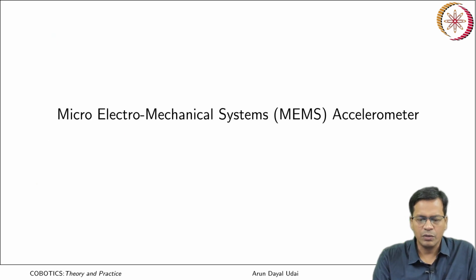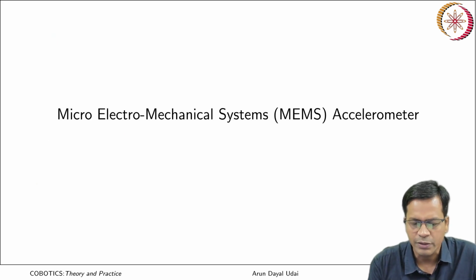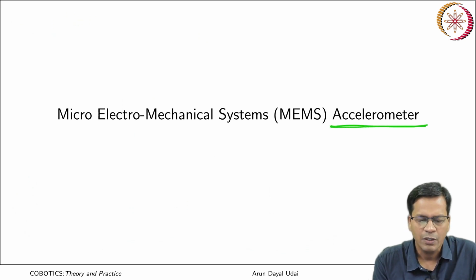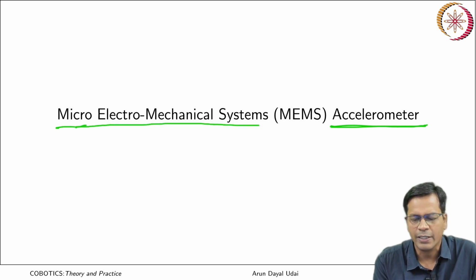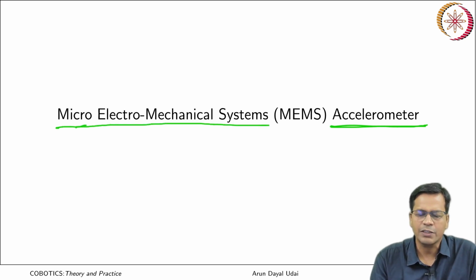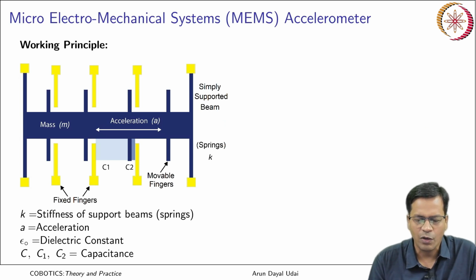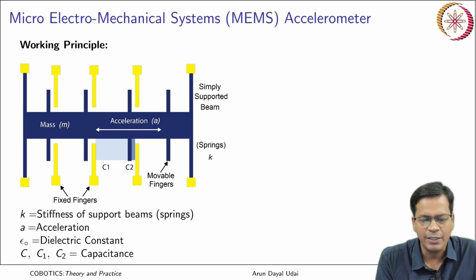Okay. So there is yet another very good sensor which can detect accelerations. It is known as an accelerometer, which is known as a MEMS micro accelerometer, that is micro electromechanical systems, MEMS sensor. Let us look at that. So working principle is quite straightforward. So this is there in school books, high school physics you have learned.